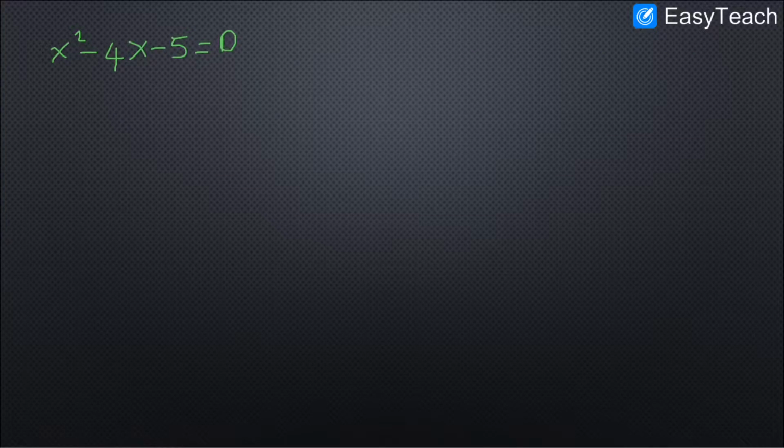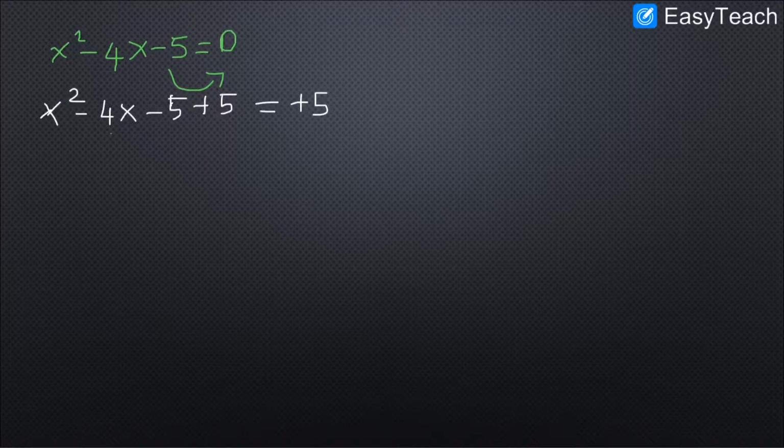So there is one rule here. Listen carefully, this is a little bit tricky. First I am going to bring the constant term to the other side. In order to eliminate this, you just add plus 5 on both sides. For example, like this, x square minus 4x. When you do this, the plus 5 and minus 5 automatically become 0. So the remaining is x square minus 4x equal plus 5.